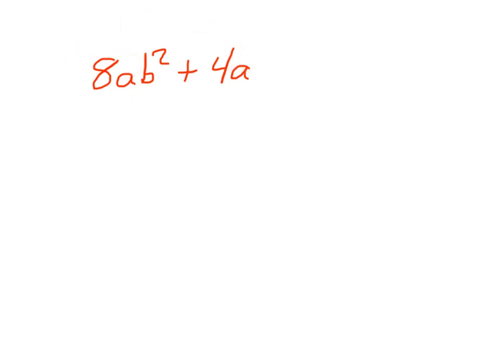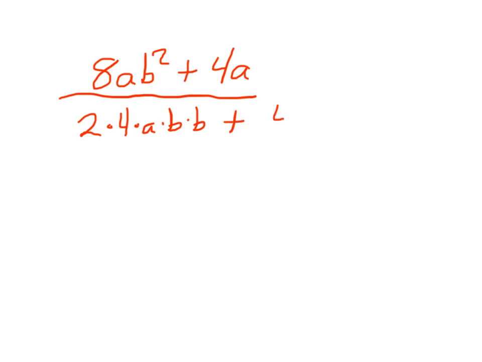Well, turns out you could actually take a 4a out of both, because of course there's an a, but do you see the 8 here is actually 2 times 4, and if I write it like that, 2 times 4, I could then take the 4 out. So I'm going to rewrite this as 2 times 4 times a times b times b plus, and then this other part,